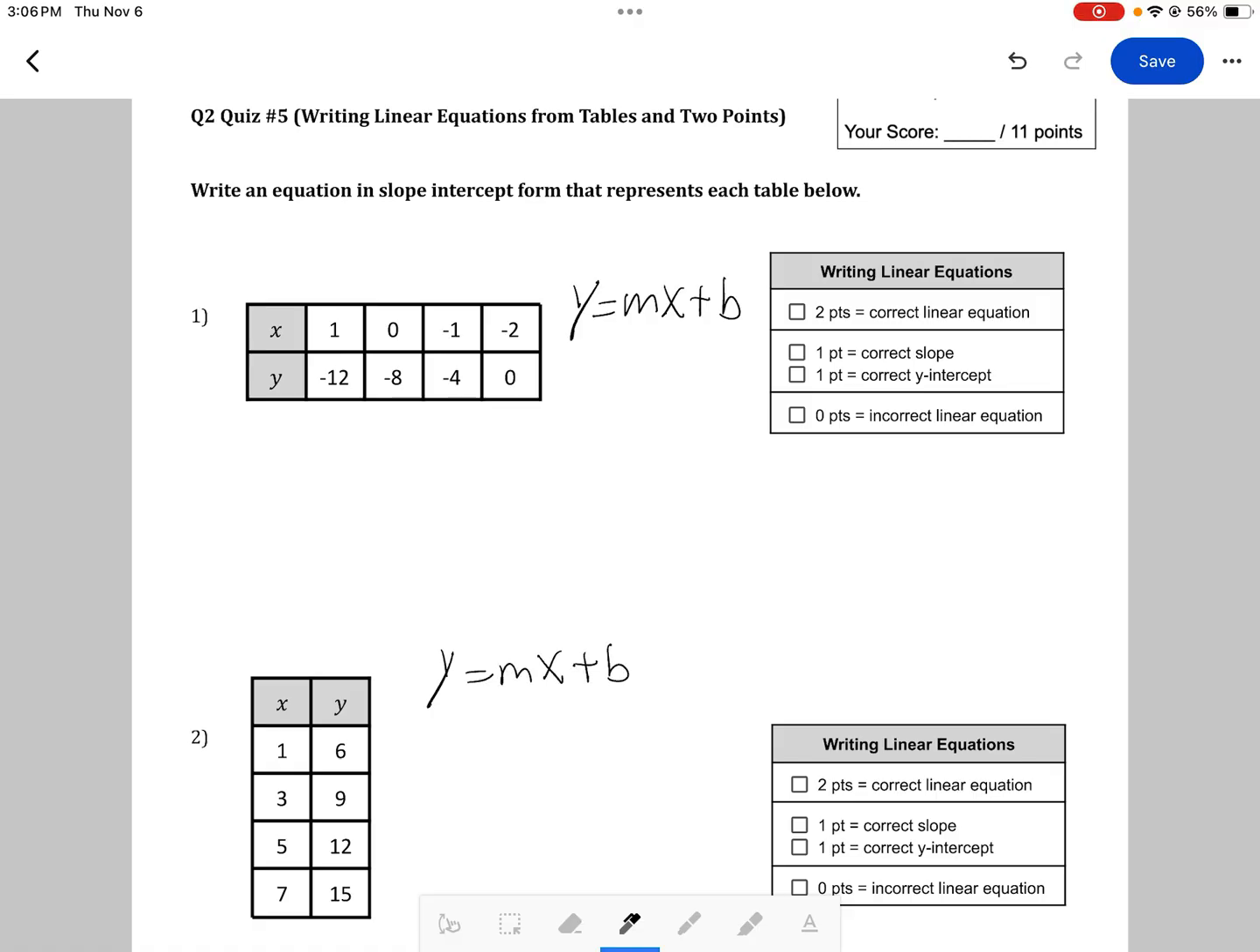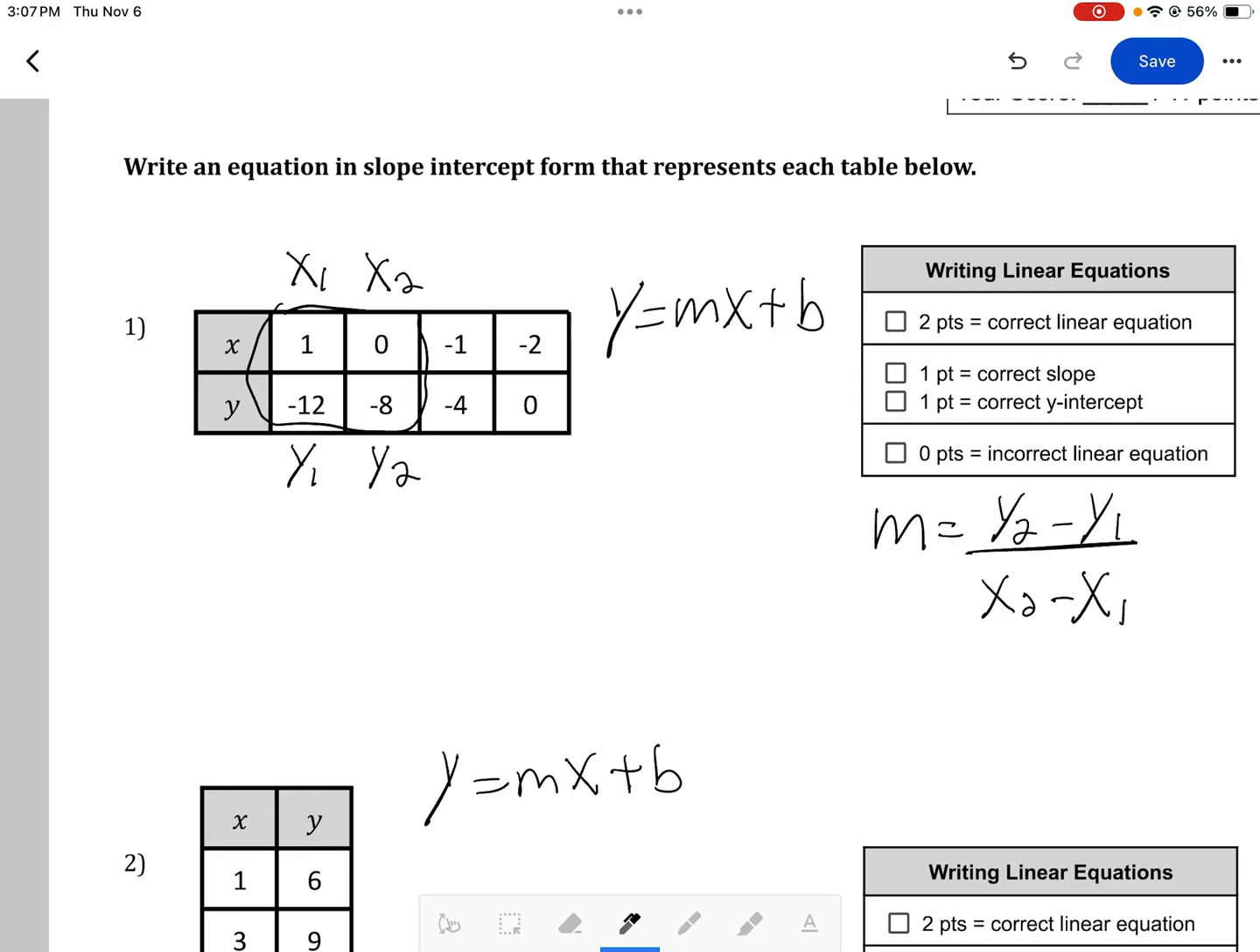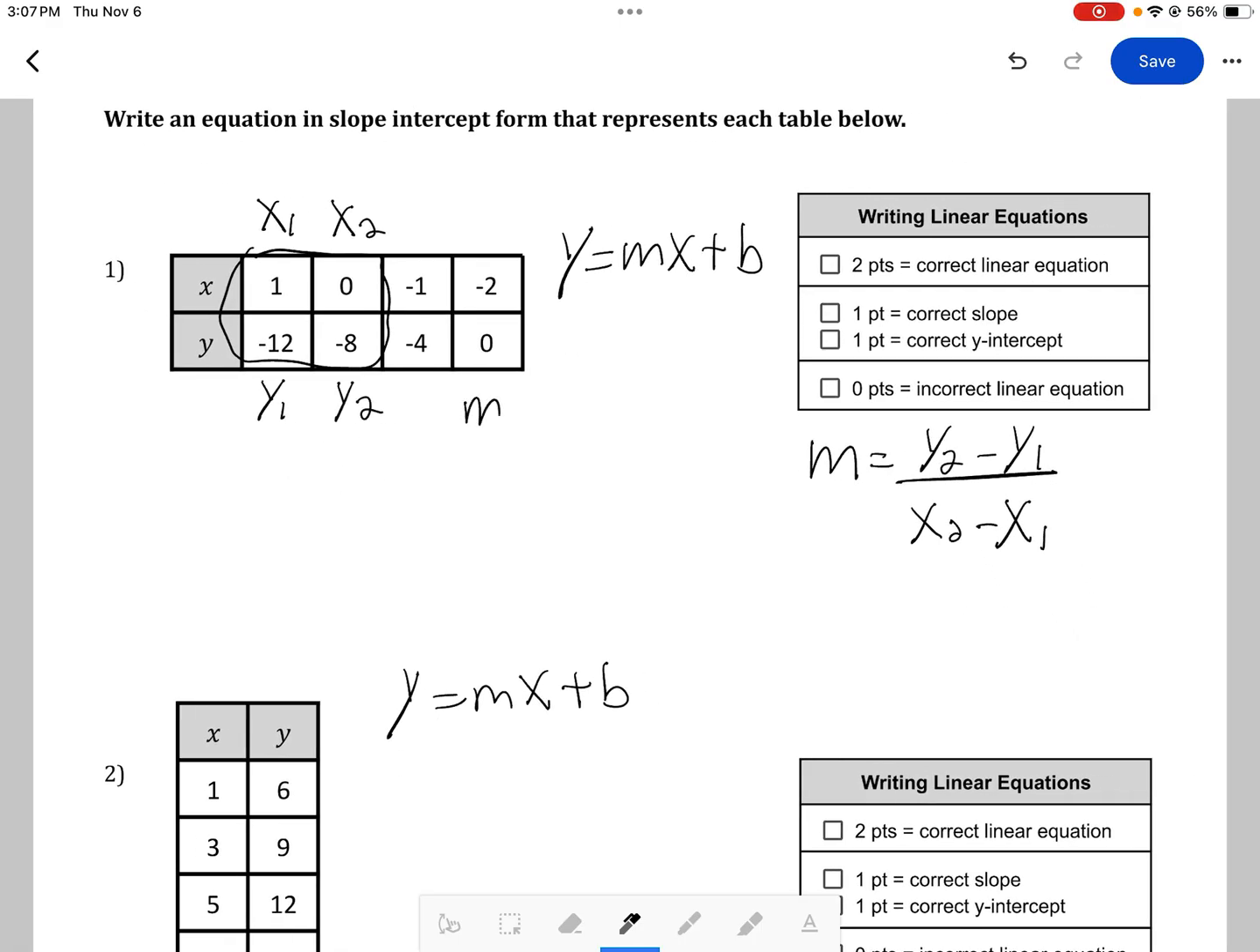And then I'm going to write out my slope formula, which is m equals y2 minus y1 over x2 minus x1. I'm going to label my table. So for the first table, I'm going to label x1 and x2. In the second table, I'm going to label y1 and y2. I'm going to plug these values in to my slope formula. So m equals